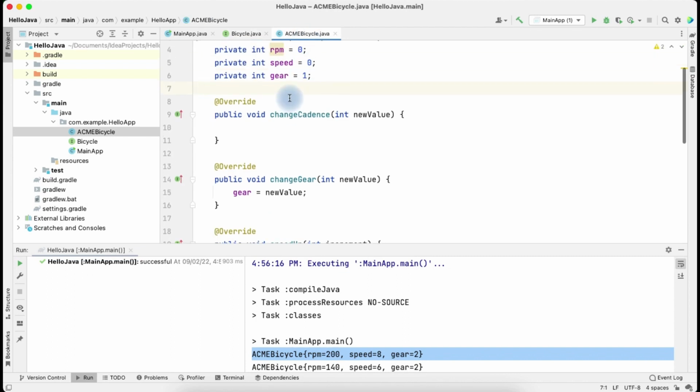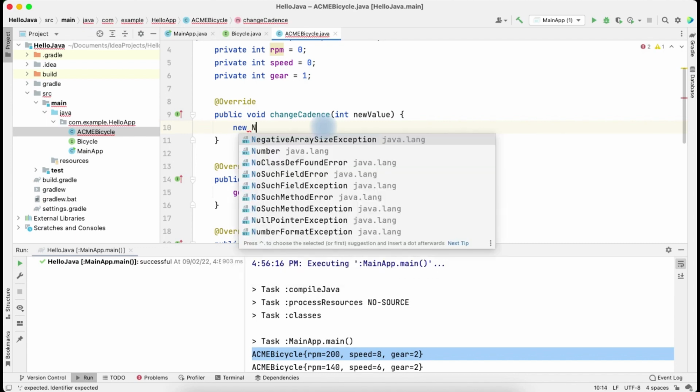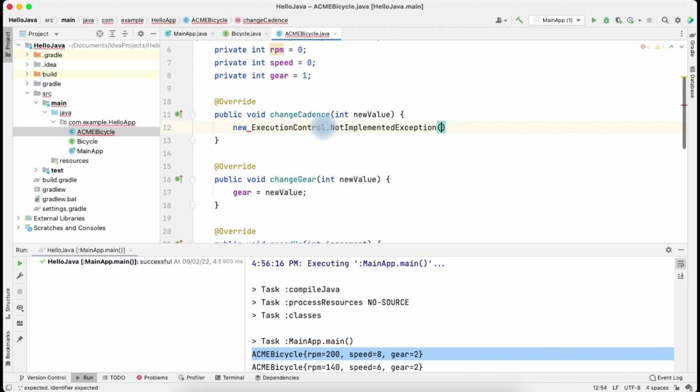As you are able to see here, if you are not implementing this method, you can also have, I believe, an exception like new unimplemented, or not implemented exception, along with some message like it is